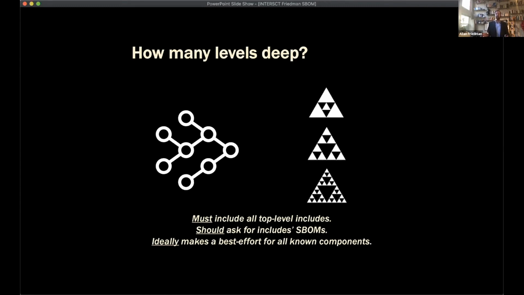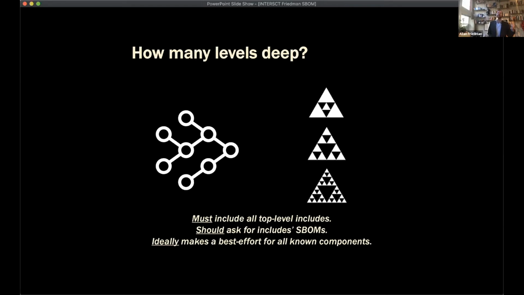So the way the community has defined it is they have said, we're not going to specify a minimum depth for everything, right? You must include all the top level includes. A lot of the use cases, however, are about things that are buried deeper into the software, and I'll talk about that more later on. So you should ask for all of those SBOMs in turn. And in fact, if you're writing a contract or you're building some regulation, you can specify whatever you want. This is just the voluntary guidelines the community has come up with.